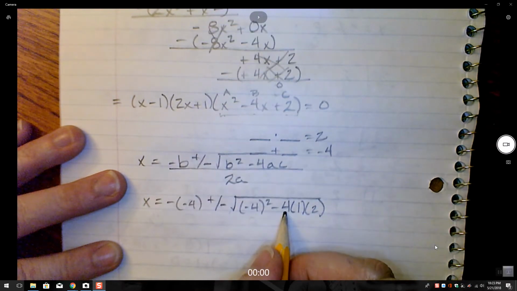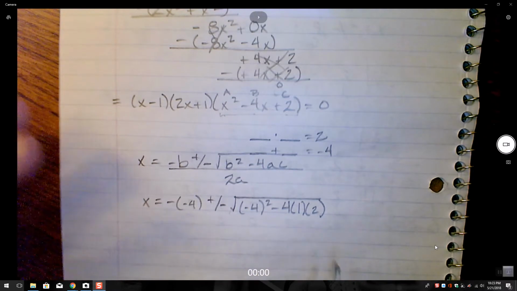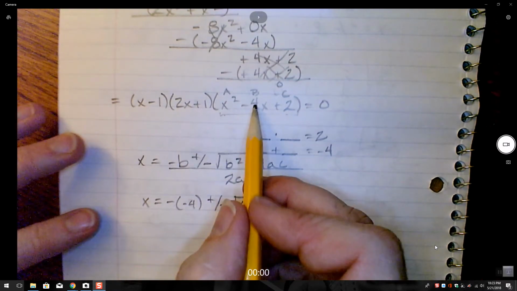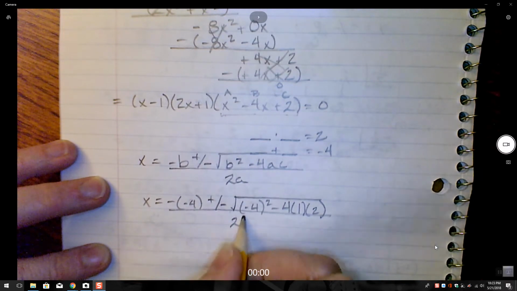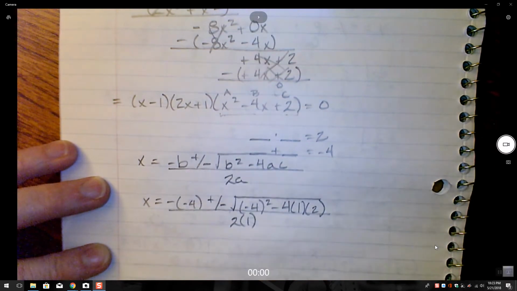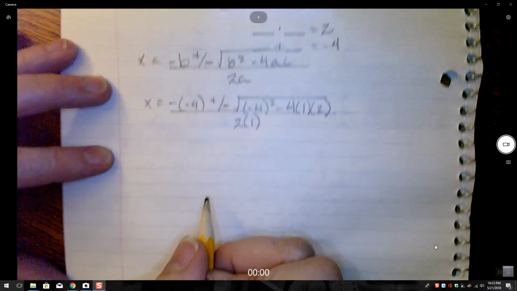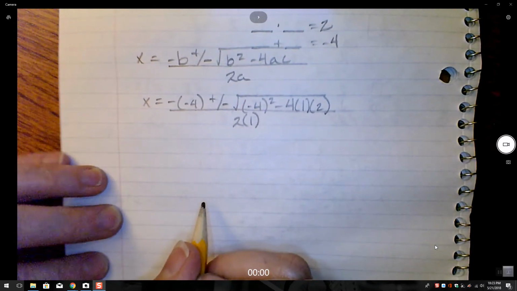This is not this 4. It is part of the quadratic equation. All over 2 times my a, which is 1. Right? So if I crunch that, I'm going to end up with